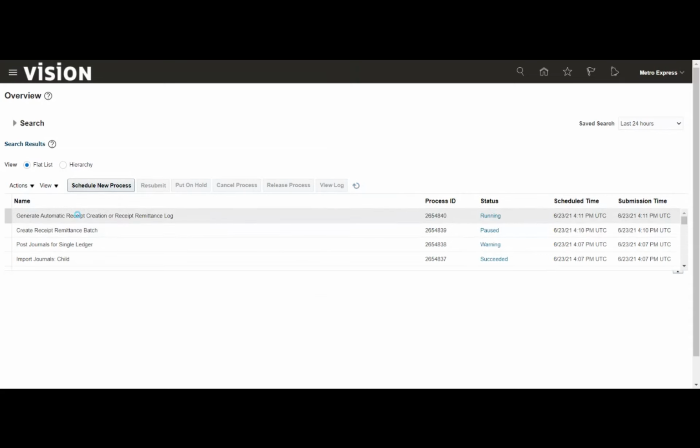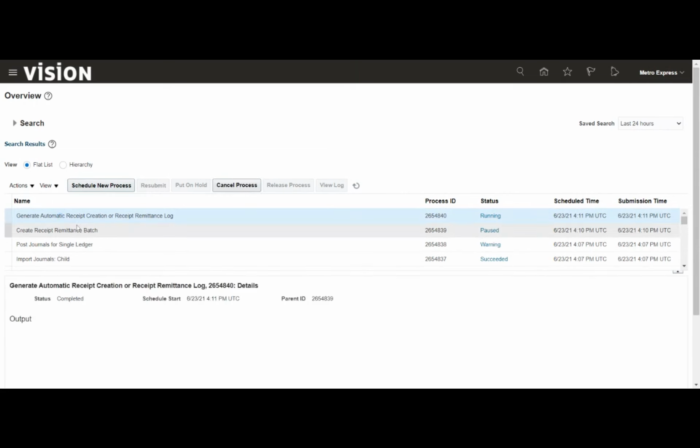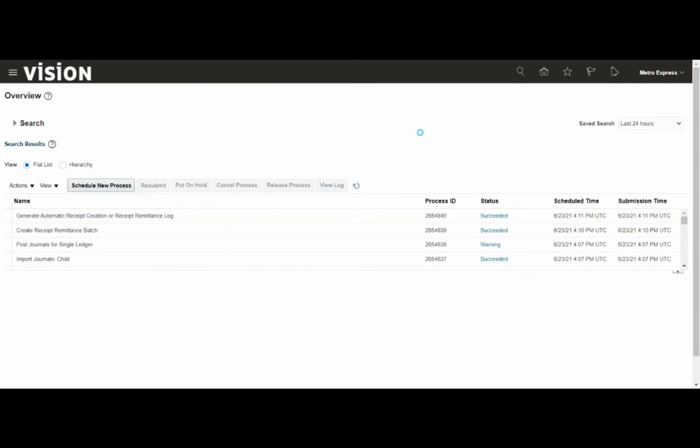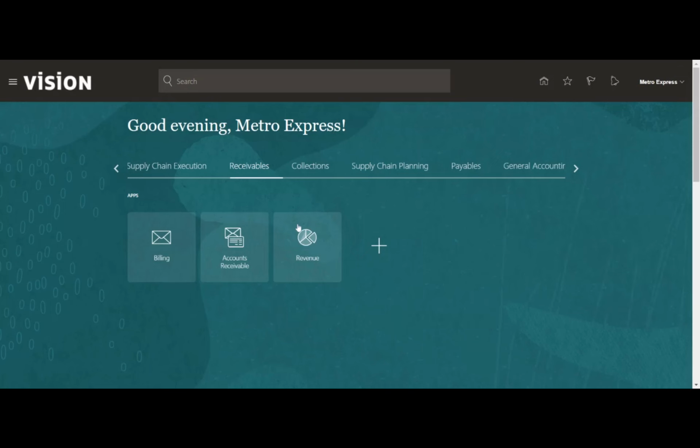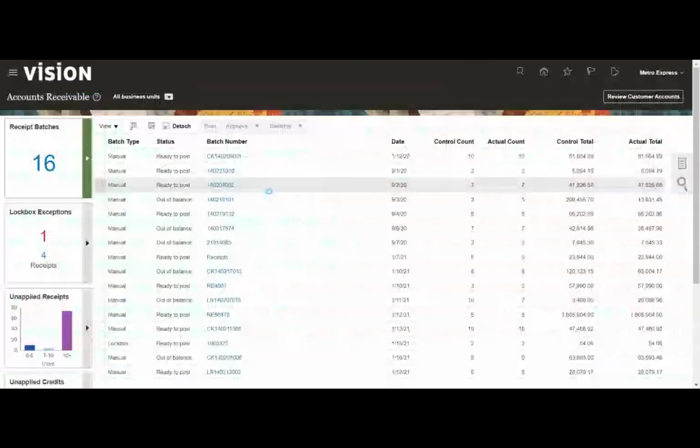Okay, so this is not specific to our case. This is the child program that is usually attached with remittance, because in most of the cases the automatic receipt will be added to it, so that based on the batch that we are running, the system will pick the available automatic receipts. In our case, it is manual, so probably we will not need that information, but still, as a child program, it will run by default. Yeah, so our program is done. So we'll go back to the receipt screen, and we will do the format.